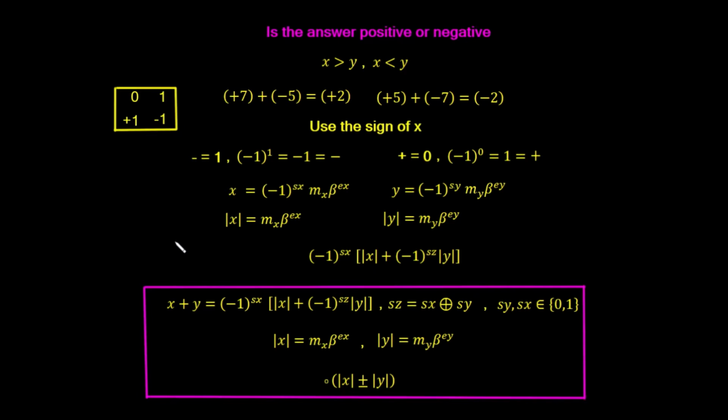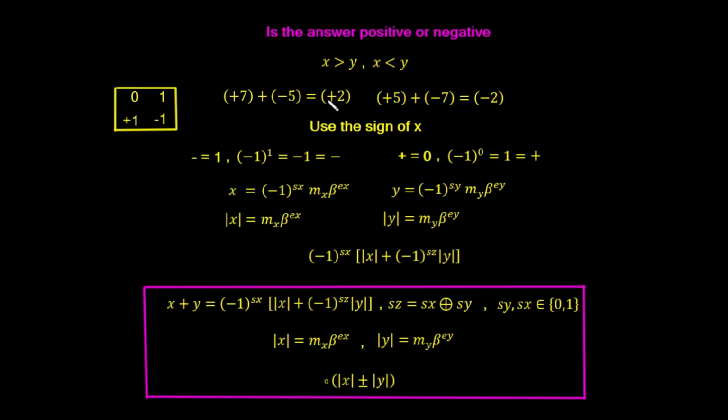So now we're going to look at the second part of the problem. That is, how do we find the sign of the answer? Well, let's say for example we had our values x and y, and let's say x is greater than y. Then we would have, say for example, plus 7 plus minus 5, and that would give us a value of